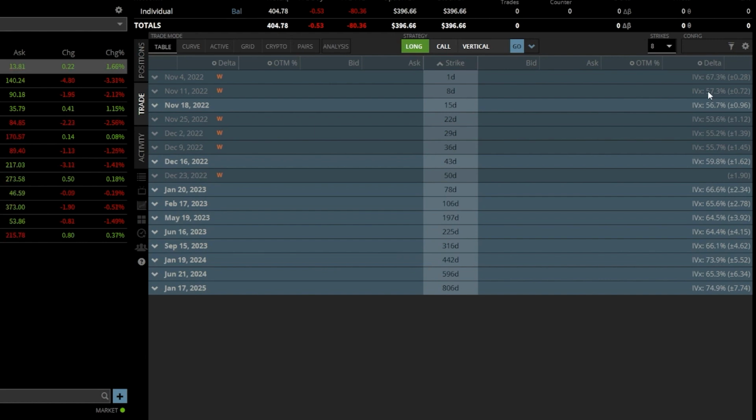Those options that are set to expire within the week, and especially those that expire the same day, can swing pretty wildly in price, which can be great if it's in your favor, but not so fun if it goes against you. If we instead choose to go further out in time, we will be spending more money up front, but we'll also see far less volatile swings in the option contract, and we're going to be far less affected